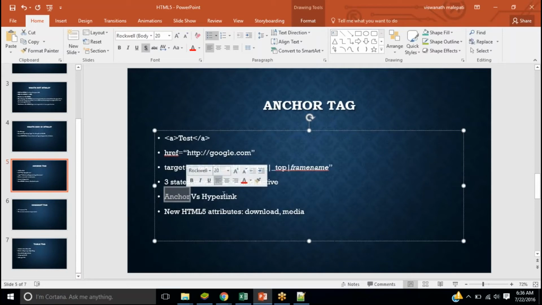So it is used for visiting links, and for navigating within the same page. Let's say my web page is a very huge page, and I want to navigate from top to bottom. If you see some websites, when you scroll down, you'll see a small icon on the left or right which says top. When you click on it, it automatically navigates to the top of the page.